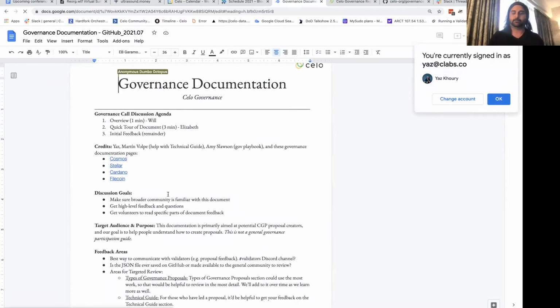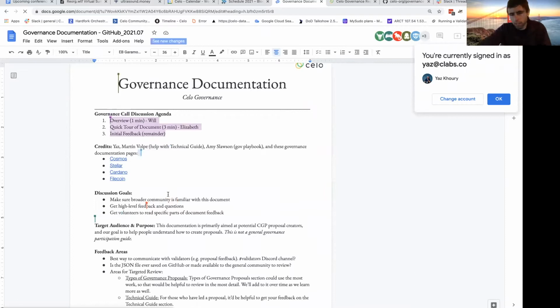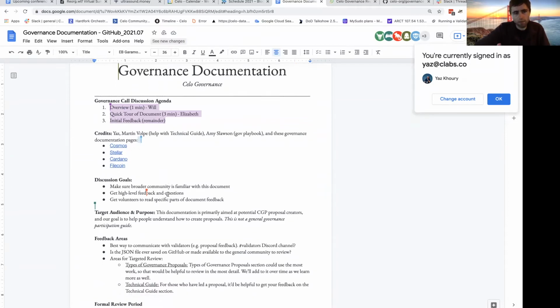Yep, that's right. So we wanted to run through this document that the CGP editors have put together. As mentioned, there's going to be a new repo in GitHub specifically for governance, and this document will be the documentation in that repo.